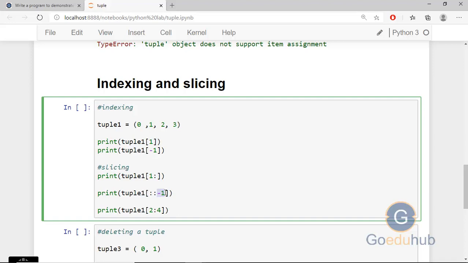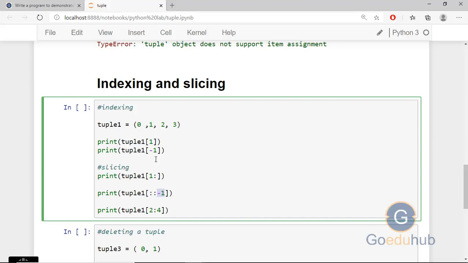Step we have provided negative step, it means it will start from the last element and it will go till the first element. So this is the reverse of the tuple. Similarly, we can do the reverse of the list also. And I just want to access elements from second index to the fourth index. Fourth index is not inclusive. So we can write like this 2:4. So like this we can do the indexing and slicing.